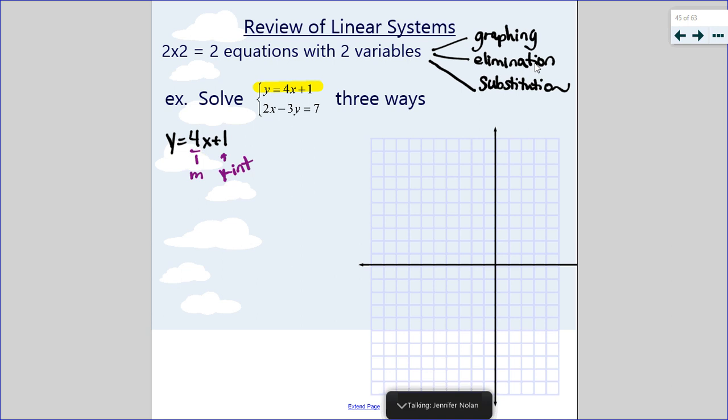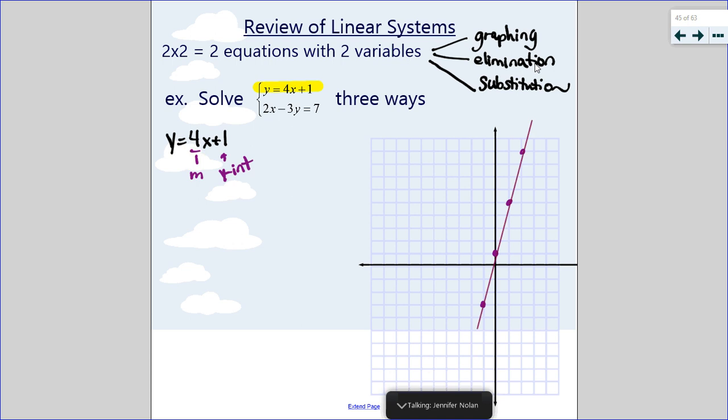So I'm going to graph the 1 right there, and then I'm going to go up 4 over 1 and just continue doing that. And then I can always subtract, like go down 4, 1, 2, 3, 4, and left 1. And then I can graph these using a straight line. So I'm graphing the first equation, given the slope and the y-intercept. Now the second equation